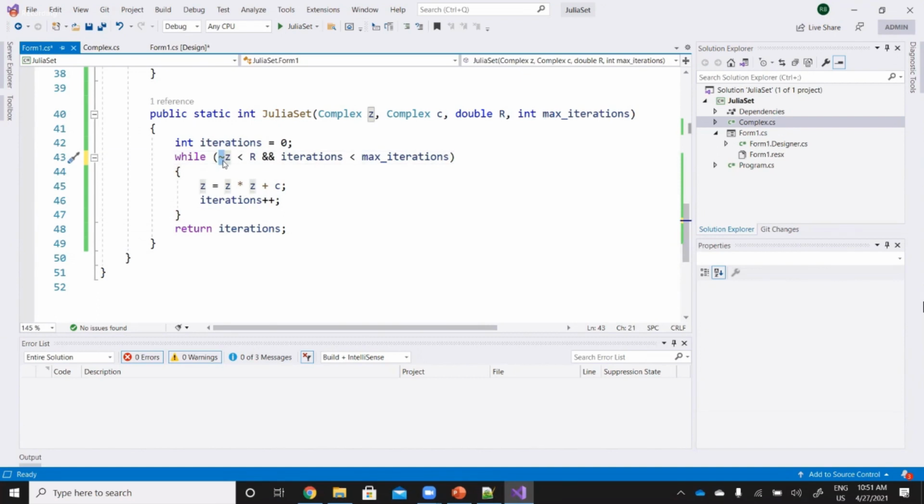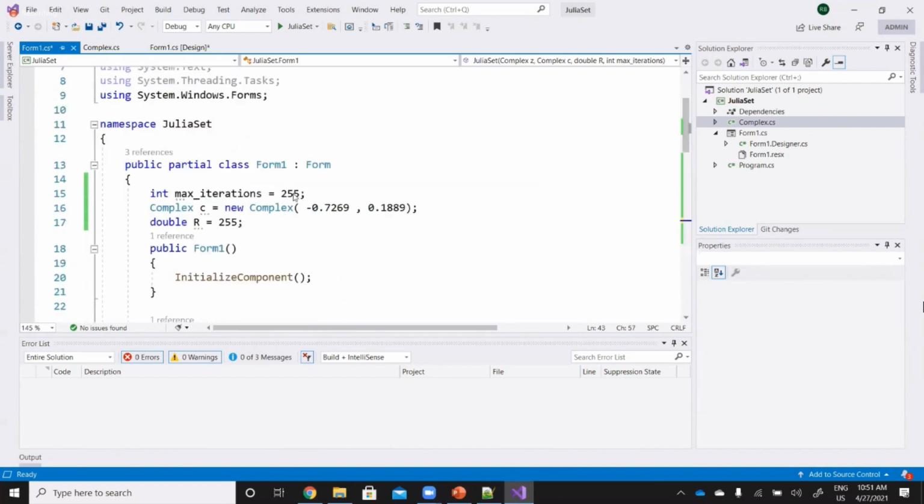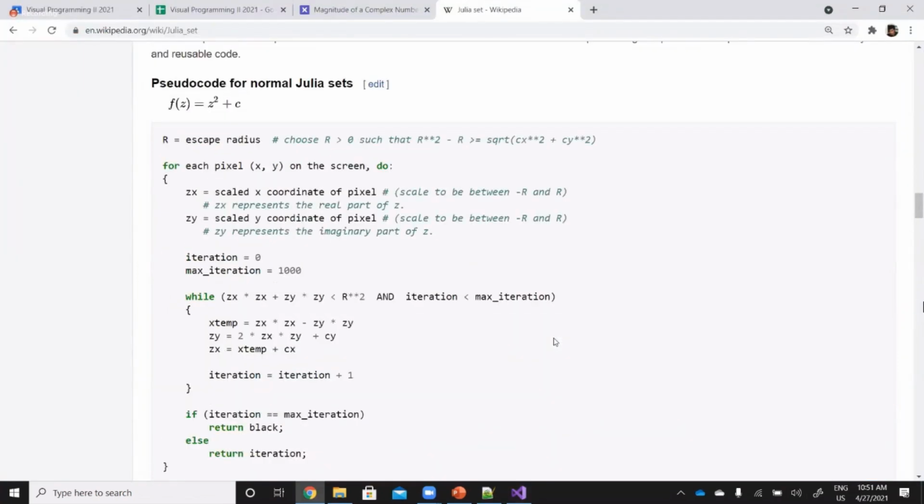I overloaded the tilde operator to get the magnitude of this complex number, and I keep my iterations iterating, and also the max iteration I set to just 255, and this is my constant complex number c, right? Actually, you can get the constant from here, right?